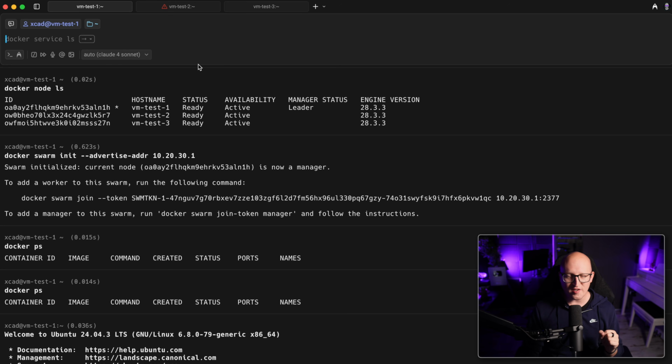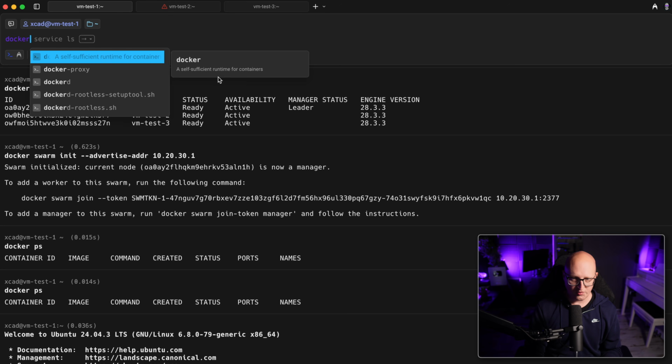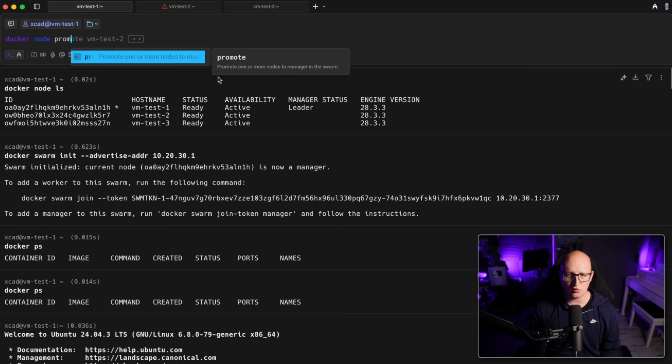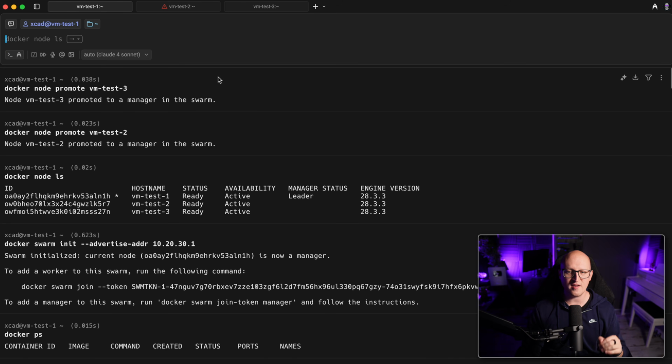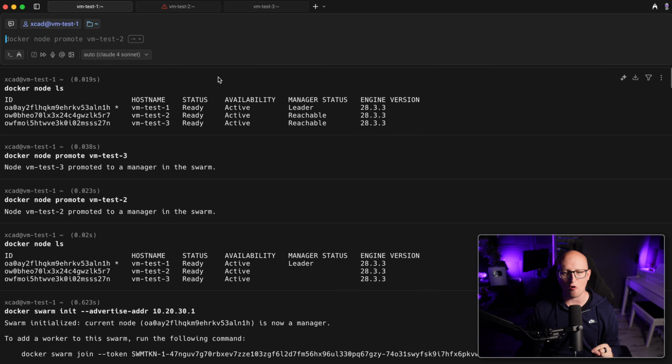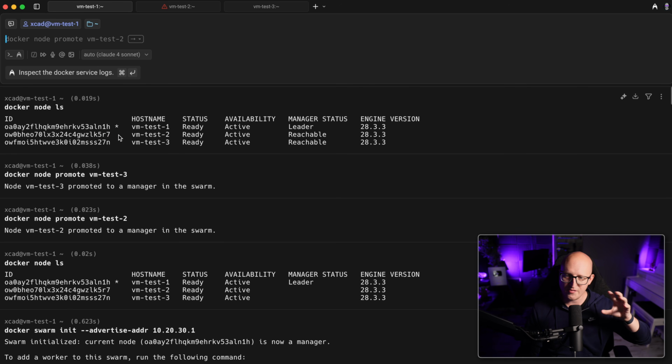The way how you do this is you need to do it from the leader. So just run docker node promote and then VM test 2 and VM test 3. When you now execute the docker node ls, you can see that the 2 nodes have the manager status reachable. So the first one is still the leader, but if that one goes down, one of the other nodes will